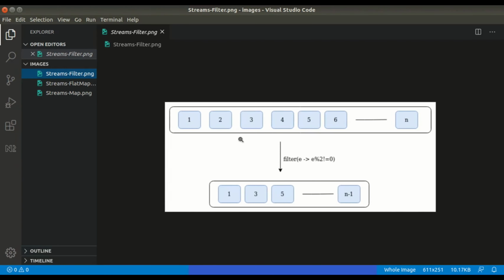In this use case, I took a stream of integers, and I wanted to get only odd numbers. So I applied this particular predicate which does mod 2 not equal to 0. So 1 passes this condition, that's why it is processed to the next pipeline operation. 2 is rejected by this predicate, so it gets filtered out. Then 3 again passes, 4 gets filtered out, and so on. So this is what the filter is. Whatever you input into the filter operation, the output you get should have fewer or equal number of elements.